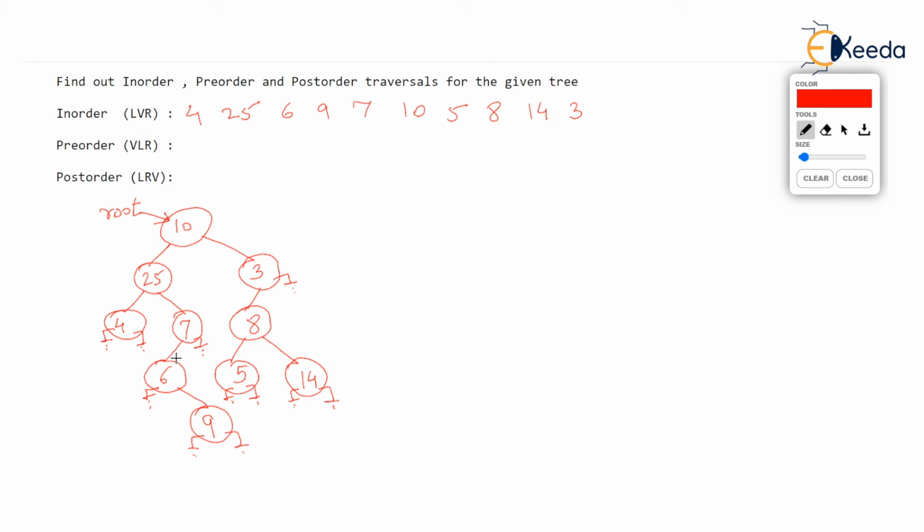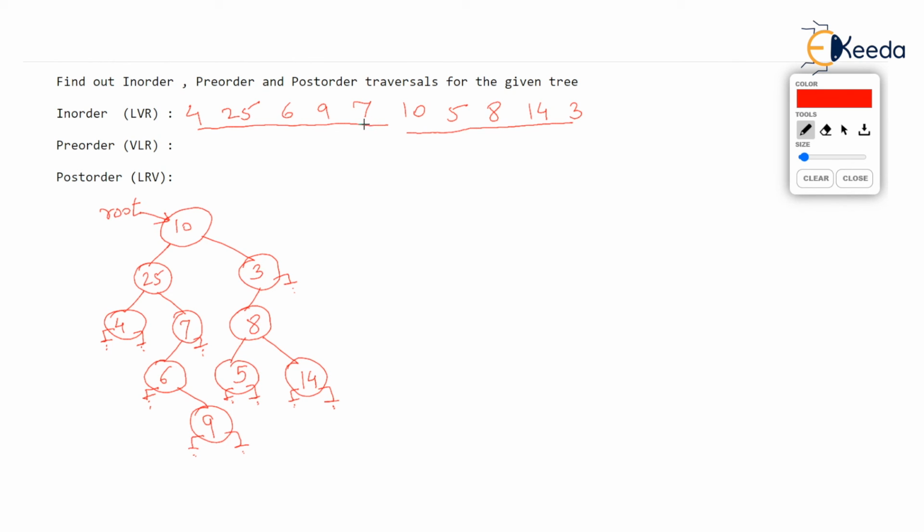Now you notice the output for in order over here is not in increasing order. That's because the tree given to us was not a binary search tree. You observe, how can you have 25 to the left of 10 and 3 to the right of 10? Values are added as per our wish. There is no rule of less than or greater than over here. So if you are simply given a binary tree, then the in order output won't be in increasing order.